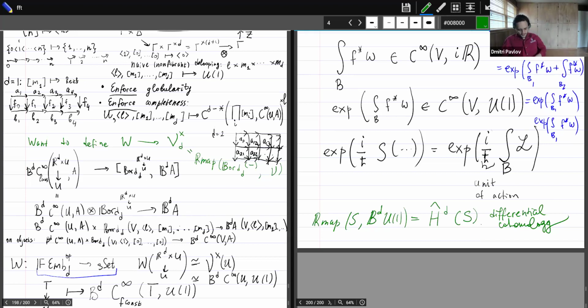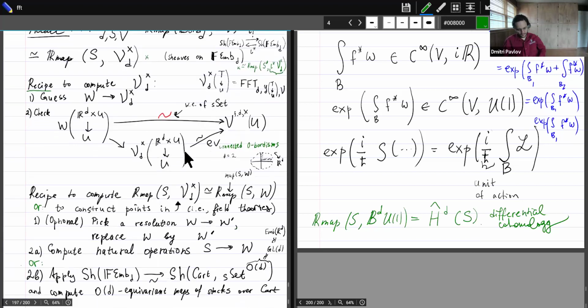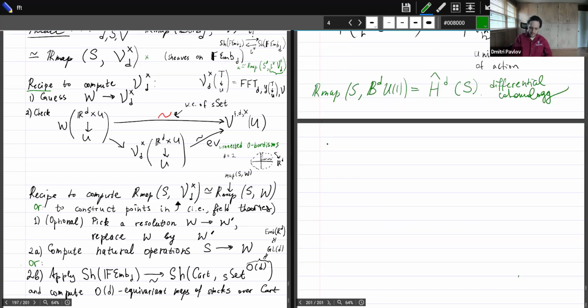Okay, so this takes care of the first part of the recipe: how to compute V cross D. We have several examples now. I can also mention some other examples. For example, Vect. If V is Vect, let's say some vector bundles or fiber-wise vector bundles of some fixed dimension n, or even non-fixed, doesn't matter, then V cross 1 will be